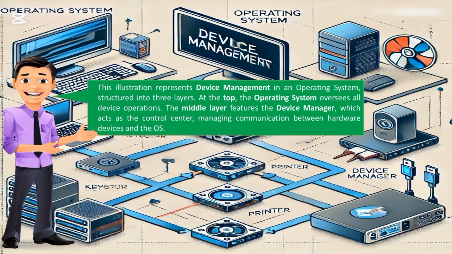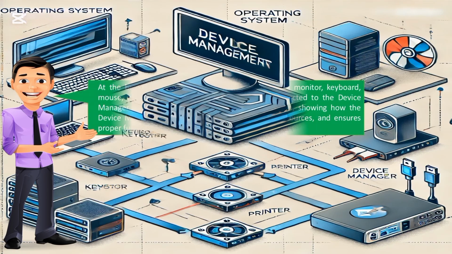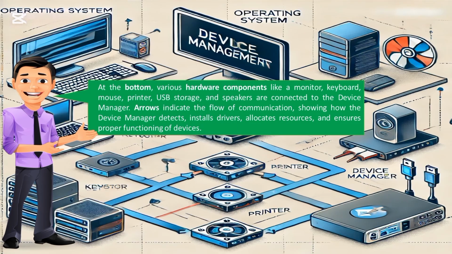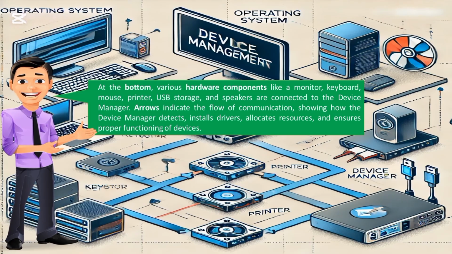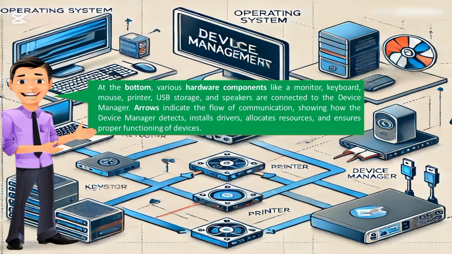The middle layer features the device manager, which acts as the control center managing communication between hardware devices and the OS. At the bottom, various hardware components like a monitor, keyboard, mouse, printer, USB storage, and speakers are connected to the device manager. Arrows indicate the flow of communication, showing how the device manager detects, installs drivers, allocates resources, and ensures